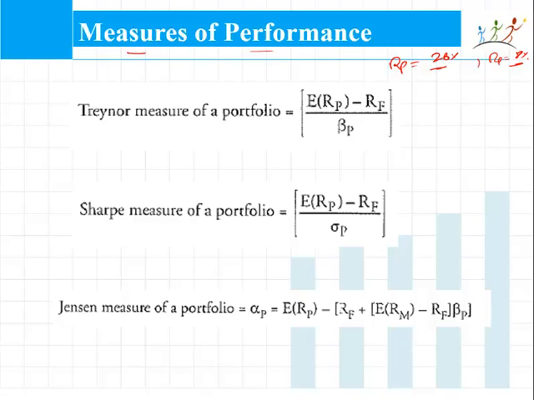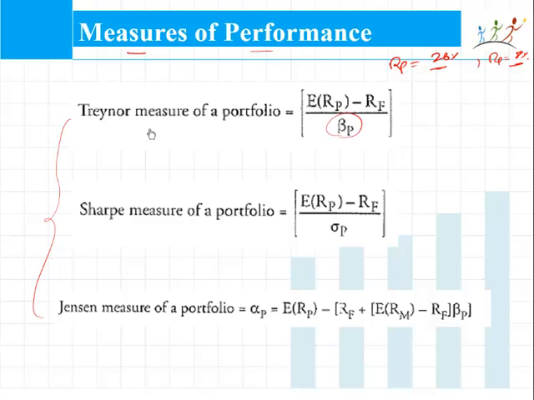Looking at the absolute picture or looking at the absolute returns may give us the wrong picture. So you must see the returns in the context of the risk that the fund managers have taken. So various measures of risk adjusted performance exist, and we'll study more in FRM part 2. The three standard measures include the Treynor ratio, that is the return on the portfolio minus the risk-free rate upon